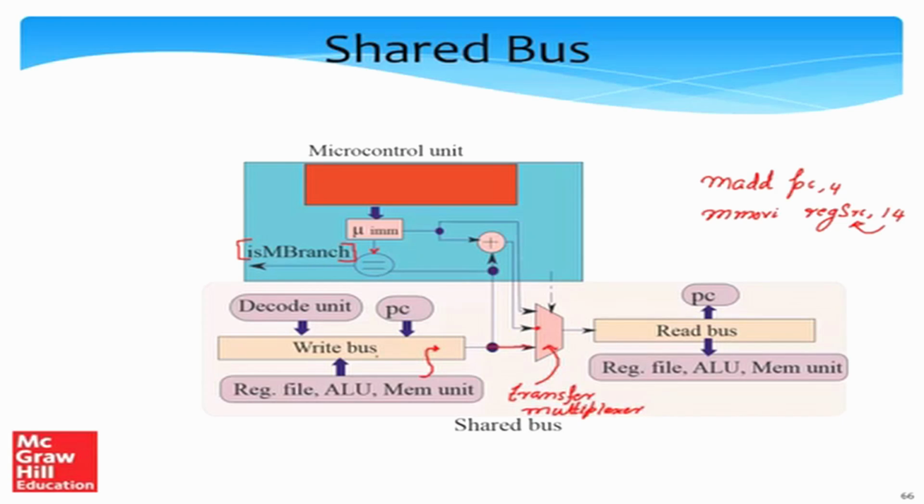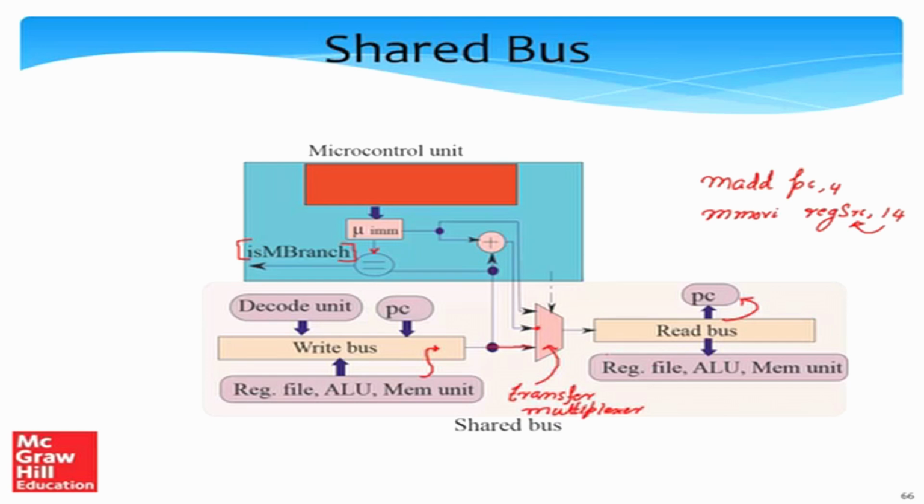After this, these are all the macro registers that are writing to the write bus. On the read bus, the read bus will essentially transfer values to the micro register. So the read bus will transfer values to the PC, and in a sense the PC can be updated. And how will it get updated? By any one of these mechanisms that can be used to update the PC. So that will read its new value from the read bus, and also